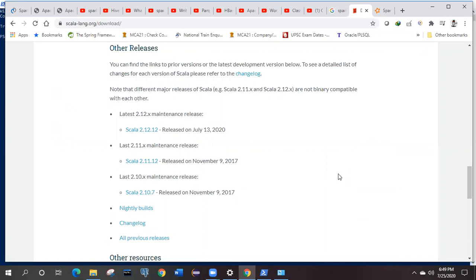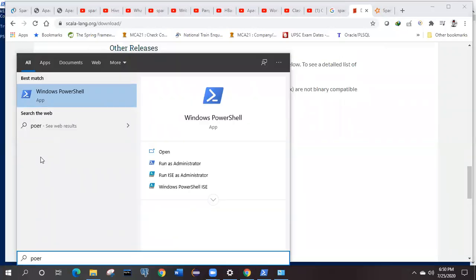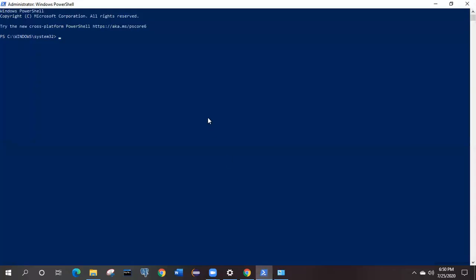It's very easy. Now suppose your Hadoop is installed, and your Spark and Scala are all installed. What is the next thing you have to do? What are the things you need to consider? From the Windows start menu, simply open PowerShell. We are not going to use the command prompt, because it's not recommended right now for working with terminal commands. So just open Windows PowerShell with Run as administrator. You click over here and it will open.